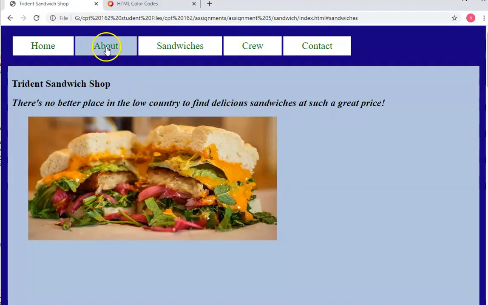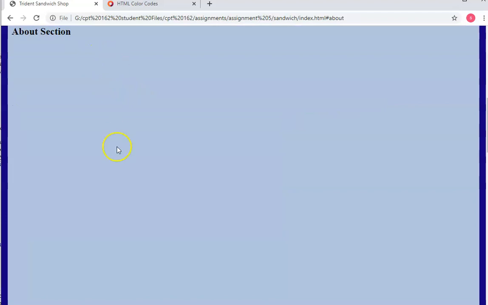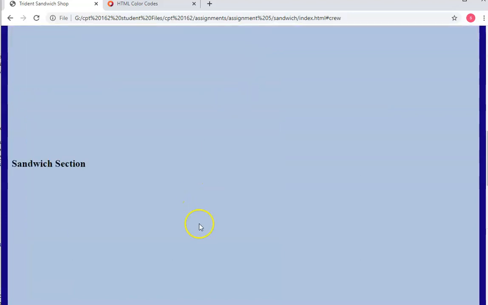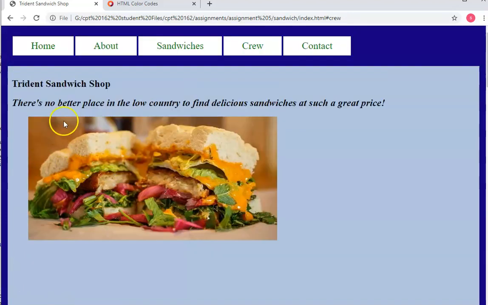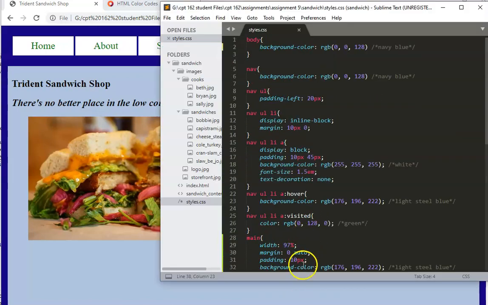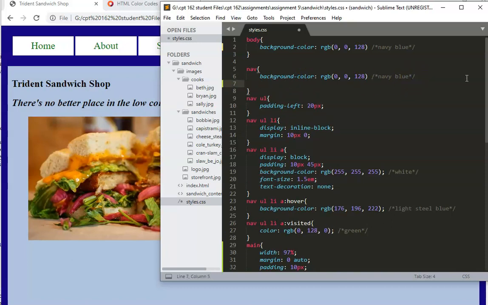And now when we go to About, you can see that now this is working much better. The only problem is I have to keep scrolling up and down. And what we want to do is we want this nav to actually follow me down the page. And that's what we're going to do next. All right, so the nav, we want that to move. So what we're going to do is we're going to do some absolute positioning. We're going to say that the position,